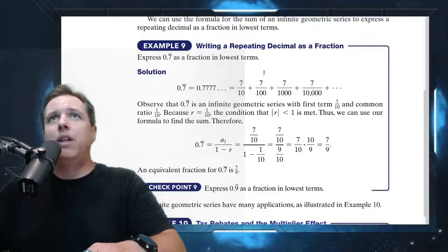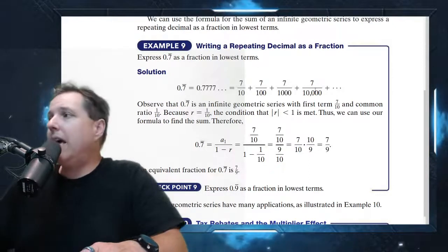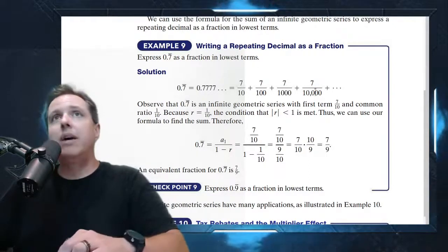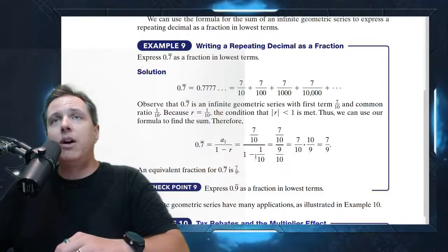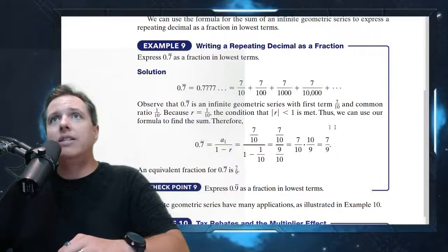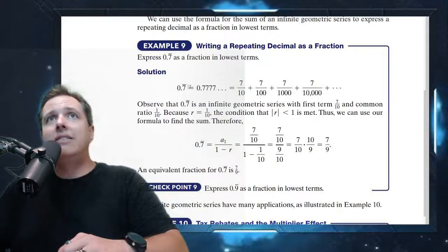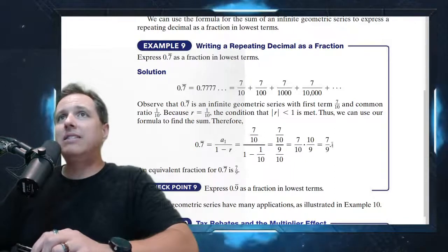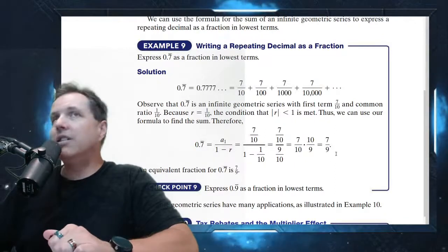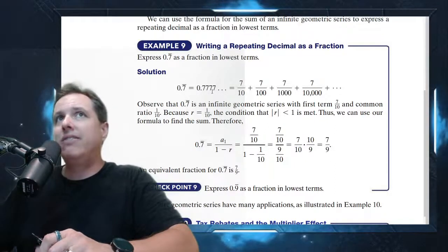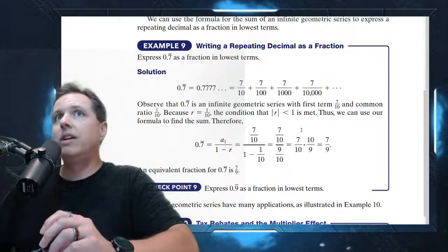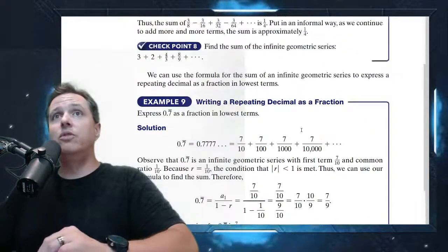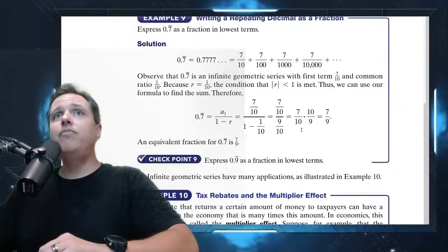And what am I multiplying by to get successive terms? 10, 1/10, 10 in the denominator, sorry. 1/10 is what we're multiplying by each time, so that goes in your R on the bottom. Simplify the whole thing, and you get 7/9. So 7/9 is equal to 0.7 repeating. But in many cases, 7/9 is going to be a lot nicer to deal with than 0.7777 repeating, right? Depending on what you're doing, it could be preferable to use 7/9 over that value.